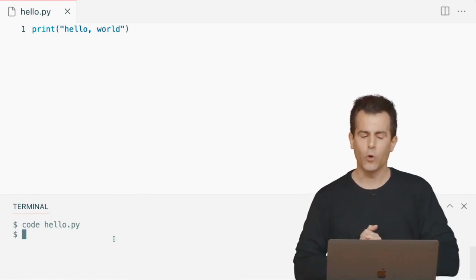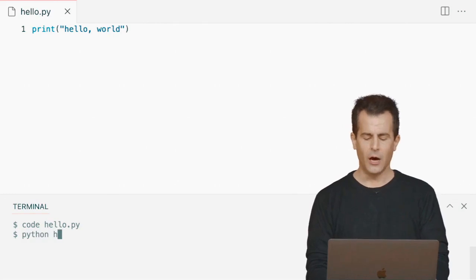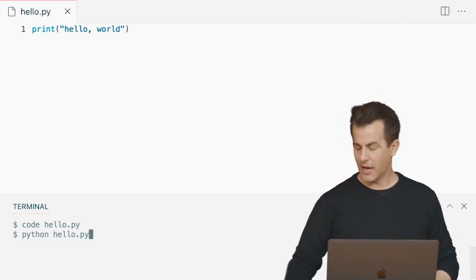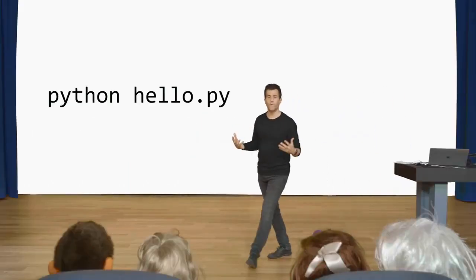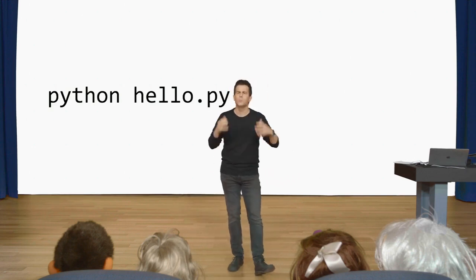Now, the command I can run here is going to be this. I'm going to run python hello.py. Now, why is that? Well, it turns out that when I write code in a language like Python, it's of course stored in that file, hello.py. But I need to interpret the code top to bottom, left to right,